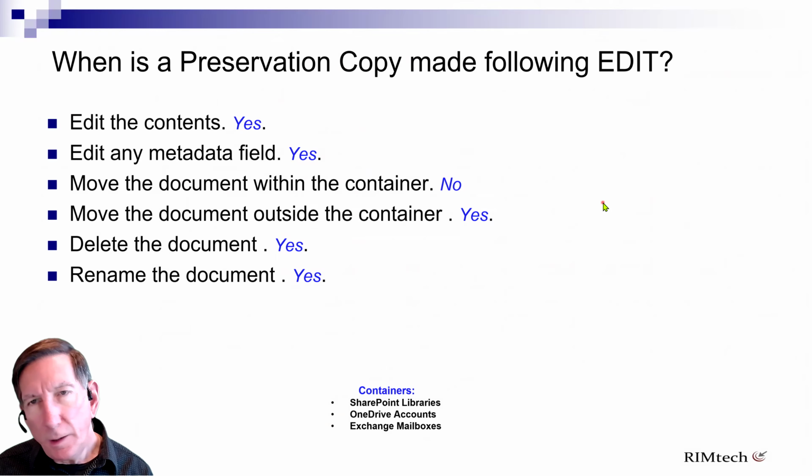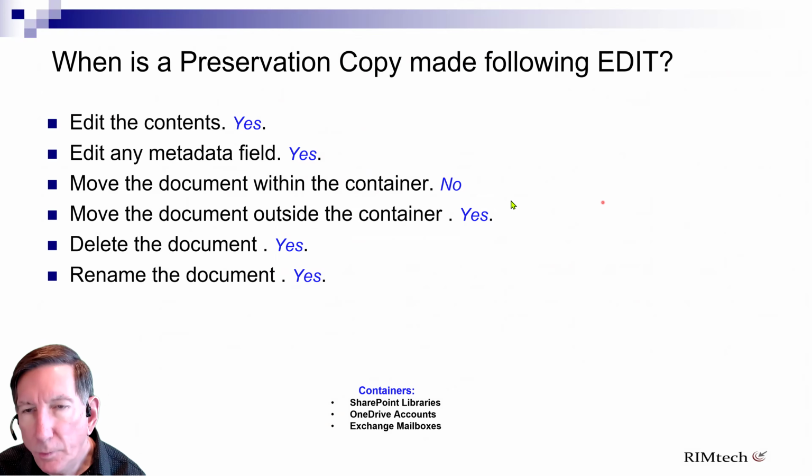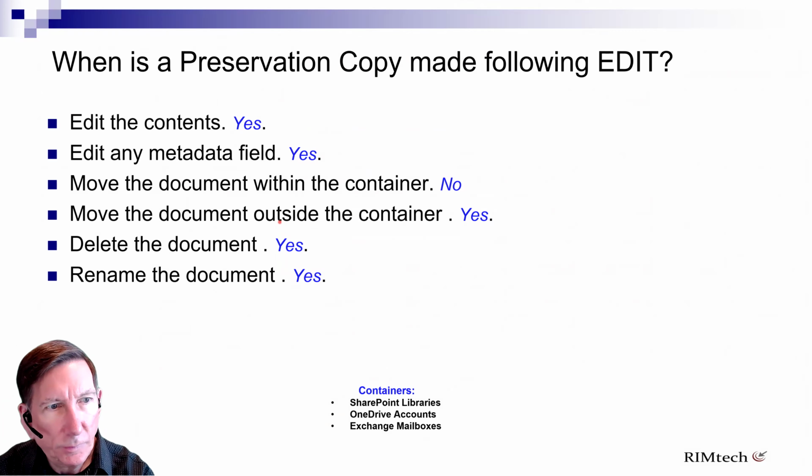So if you edit a document, what triggers a preservation copy? Well, pretty much anything, including the metadata or the content itself. Certainly if you delete it or rename it. But if you move the document, just think about this for a minute. If you move the document outside the container holding it, it triggers a preservation copy. So what does he mean by container? Well, a container